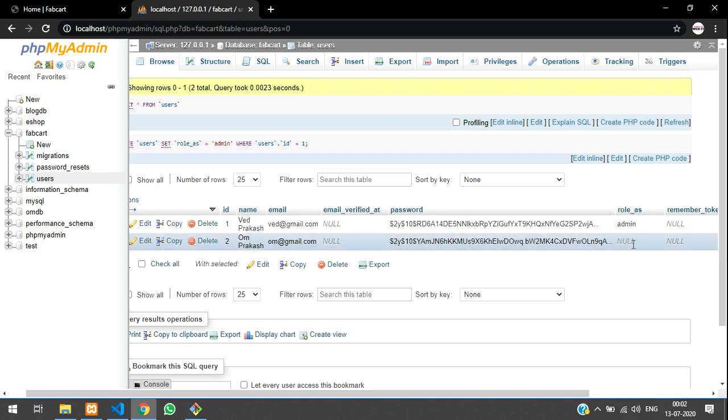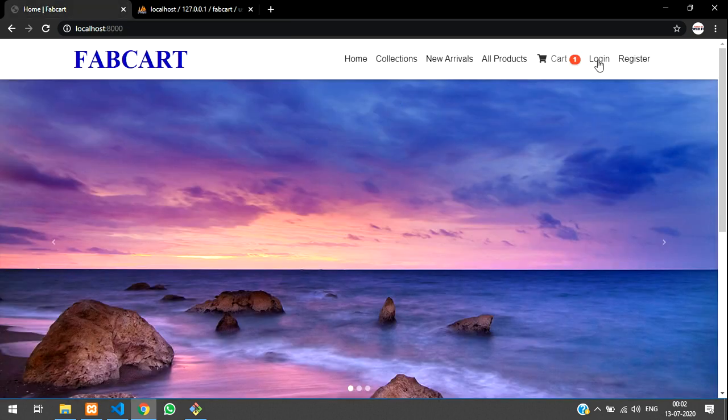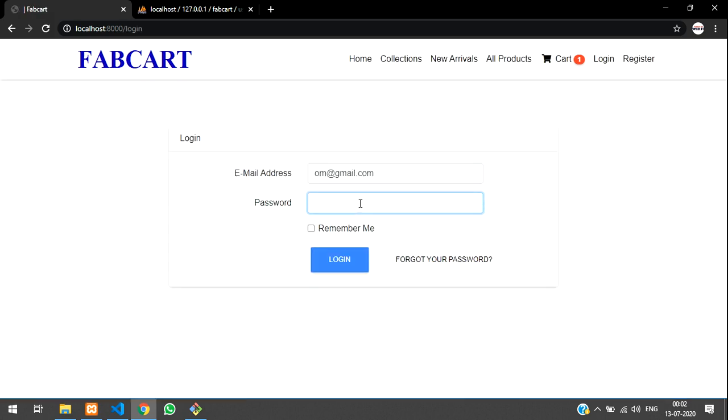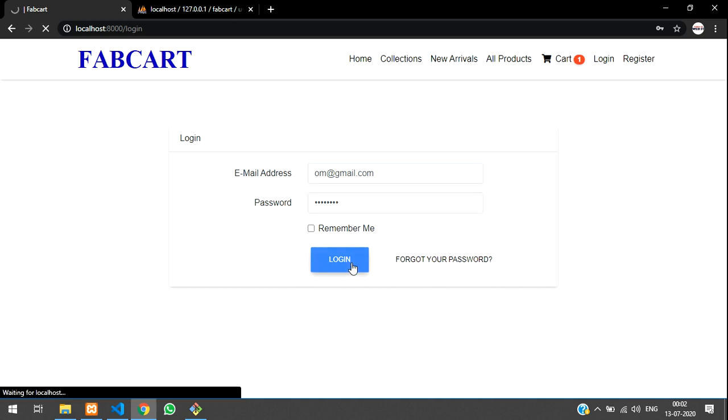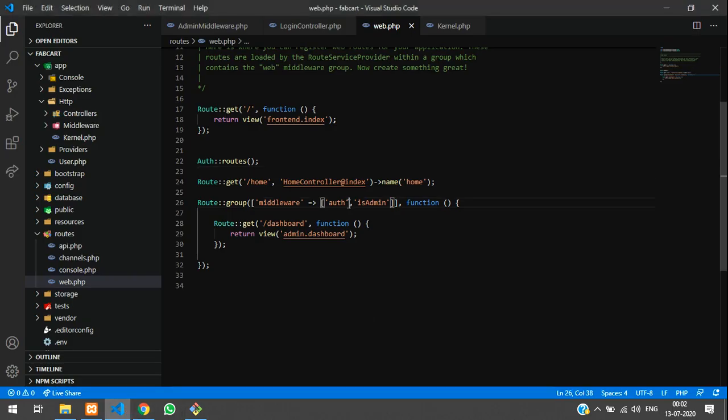Okay, so here it is null, you can see. So let's log in, and om@gmail.com 1 2 3 4 5 6 7 8. Let's log in. He will redirect to home page. Boom. So it's perfectly running our conditions, everything.